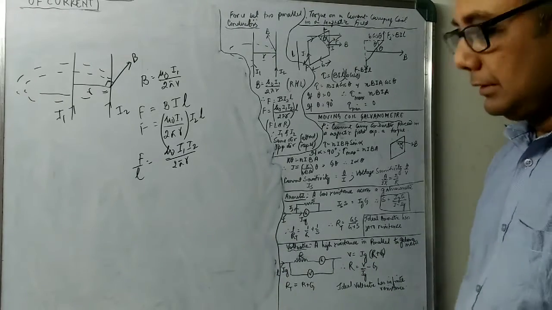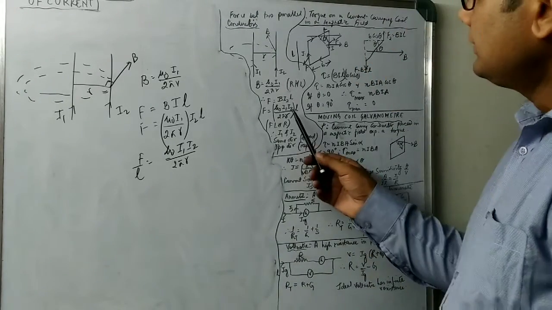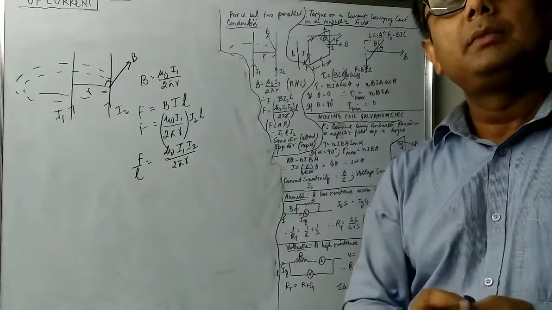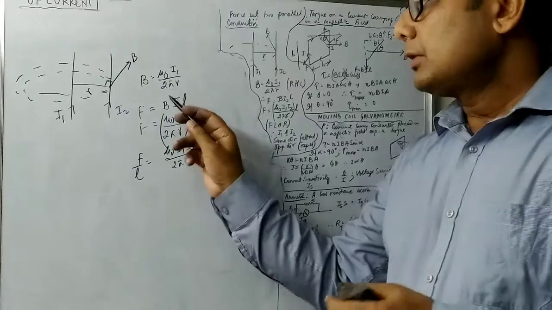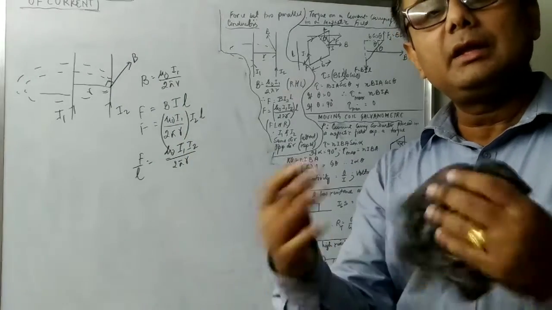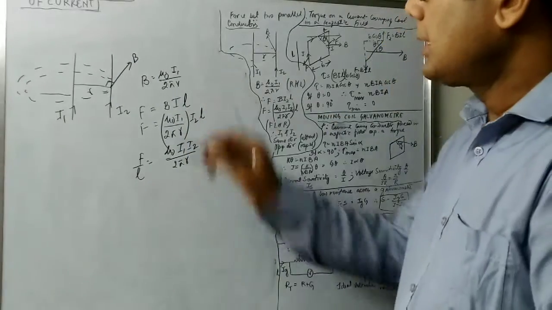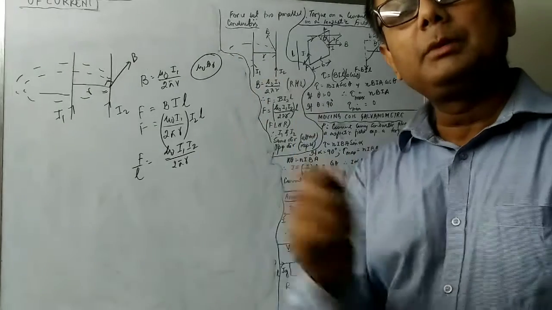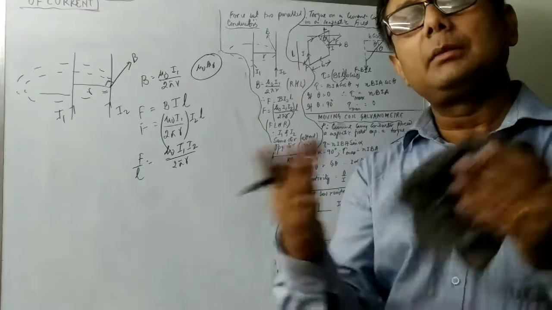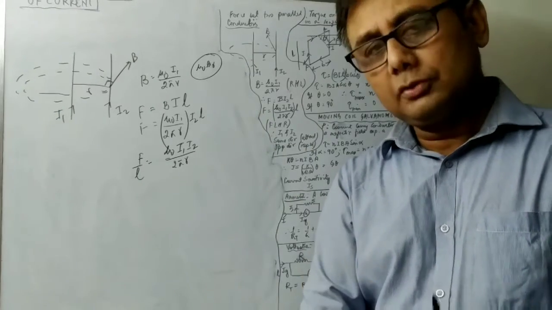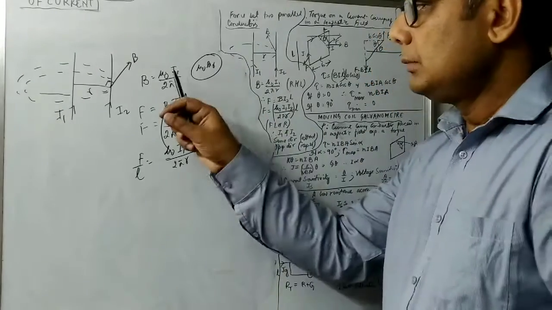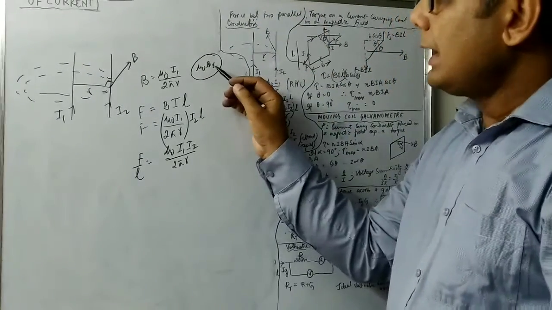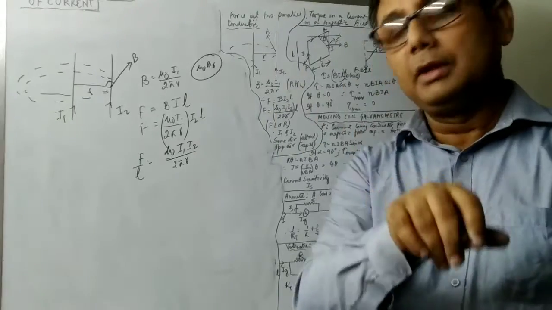So let us now see from here. What is mu0? mu0 is the permeability of the medium. In which medium are the two wires kept? Actually we keep them in air. Now if it is some other medium, it will become mu0 mu r, where mu r is the relative permeability of that medium. It can be kerosene, it can be any other liquid, it can be water also. So if it is only air, it is only mu0. If the two wires are kept in a liquid, then the permeability of that particular medium, mu r, will be multiplied.